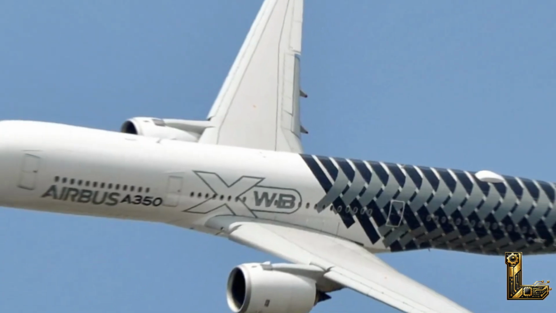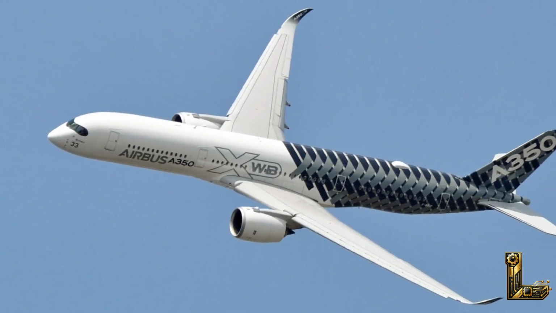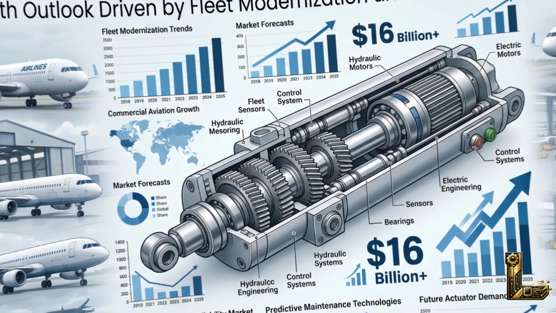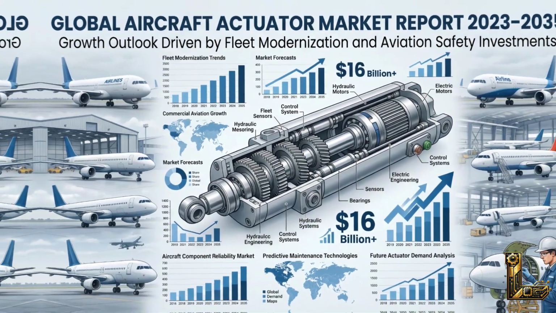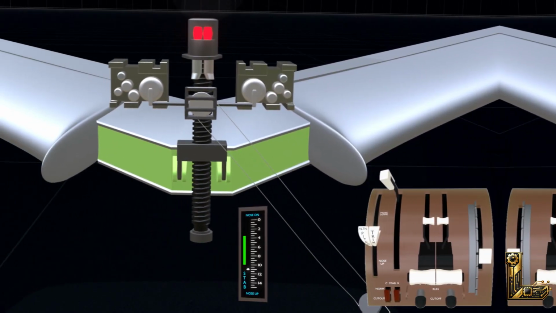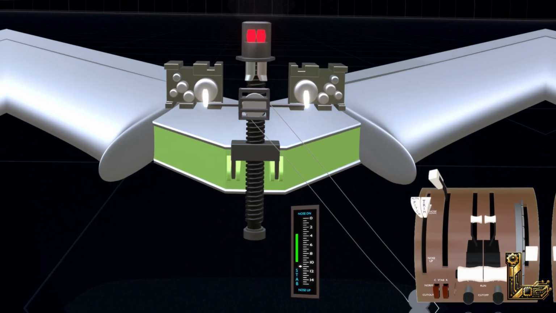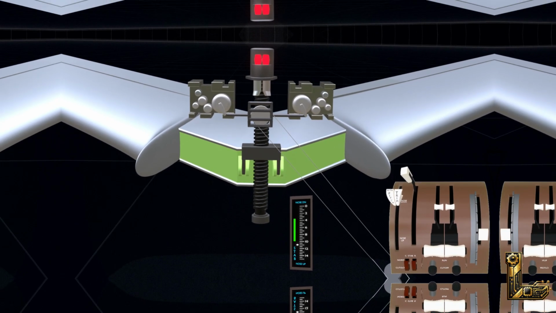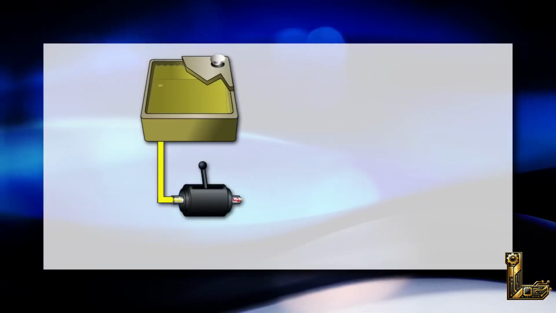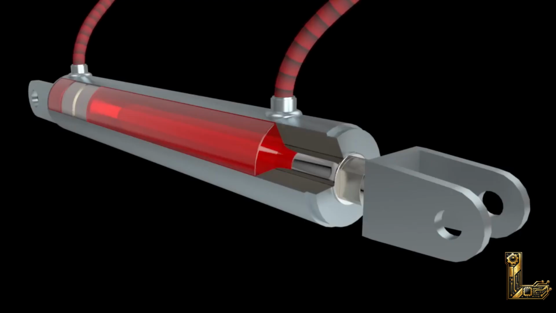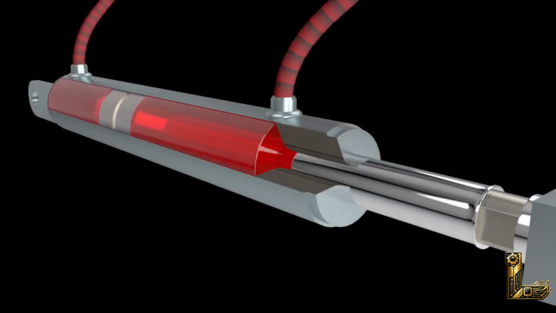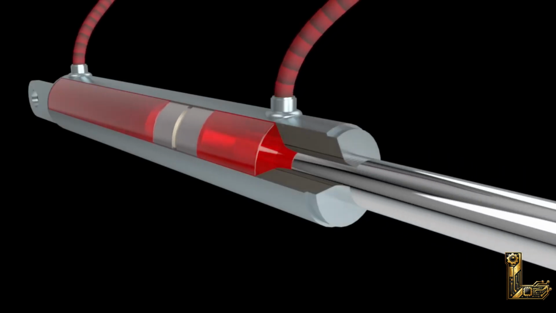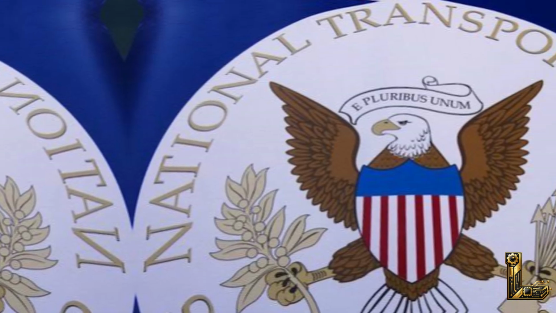Dreamliner and Airbus A350. According to a 2023 industry report published by Markets and Markets Research, the global aircraft actuator market is valued at over $16 billion and is expected to grow significantly as airlines upgrade aging fleets. The reason? Engineers discovered that older hydraulic actuators, while reliable, carry a hidden risk. Hydraulic fluid leaks near hot engine components can cause fires. The move toward electromechanical systems is a direct response to decades of actuator-related incidents flagged by the National Transportation Safety